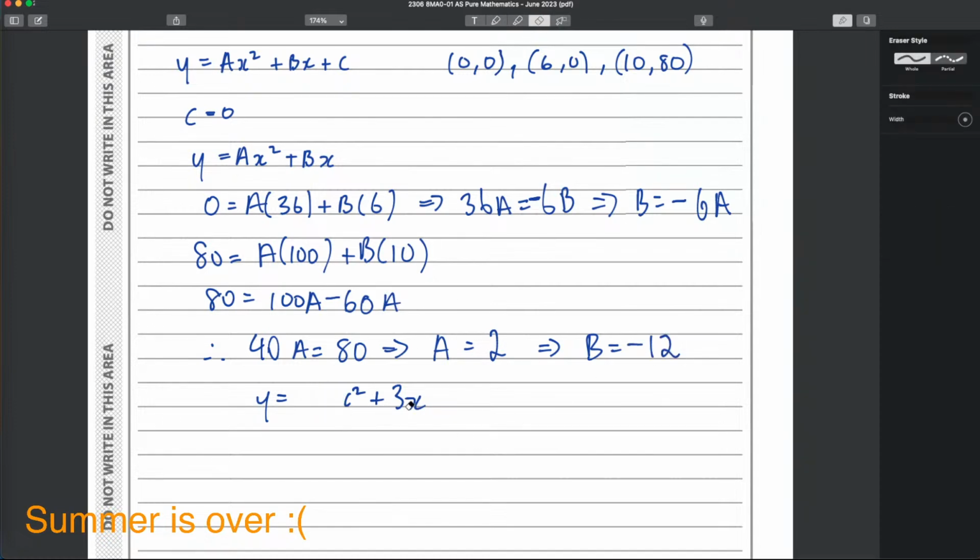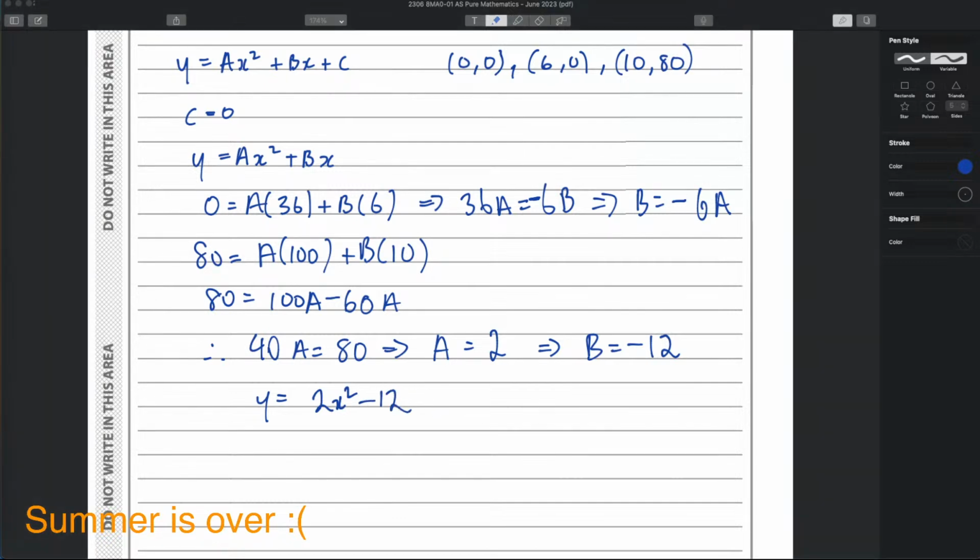So our quadratic is 2x squared minus 12x. Ay, ay, ay. Sorry about that. So yeah, this factorizes to